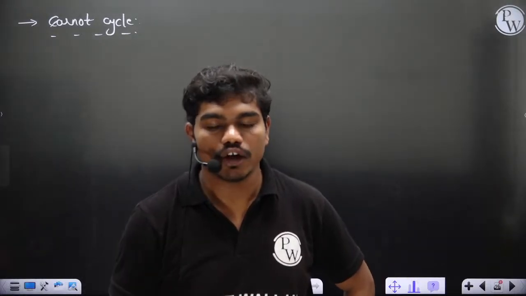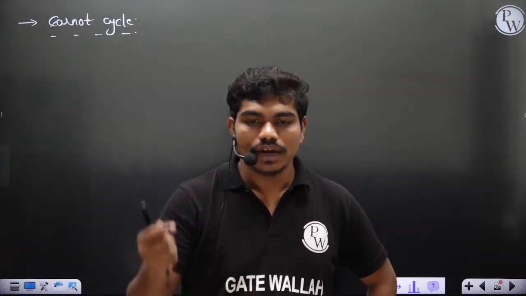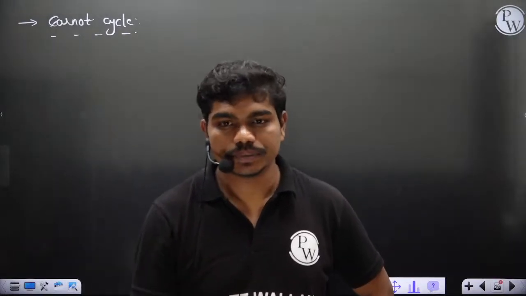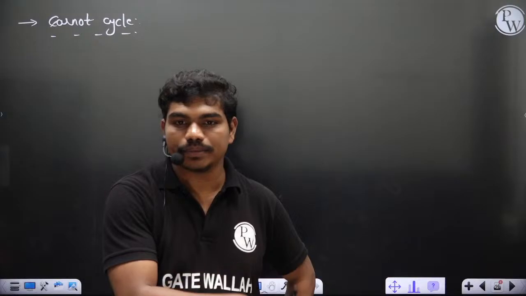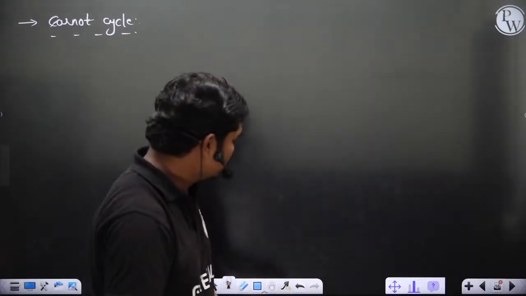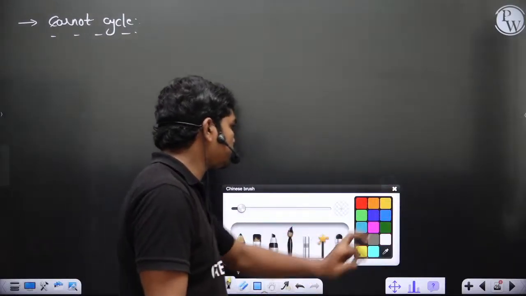I'll upload the document of a Carnot cycle, how we can physically generate a Carnot cycle. Anyhow, in paid batches I have taught, so I'll take out a page from there and put it in the Telegram group. Fine. Just right now, because the time is a bit short, I'm just working out the things. Clear? So if you go with the PV diagram,